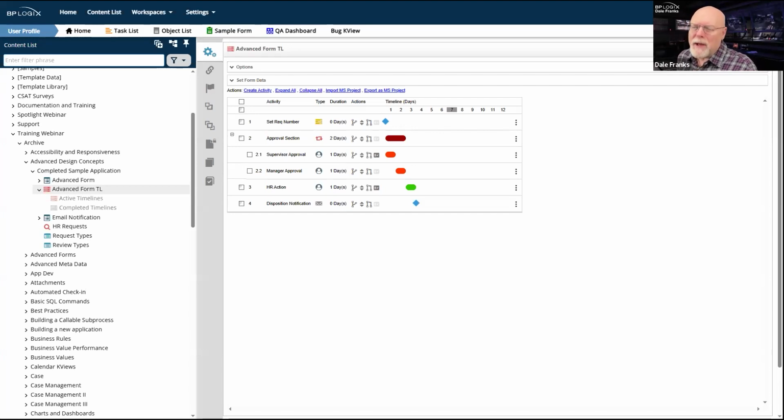The problem is, many times, whenever you are automating a process and building an application to do it, like in this case, this request form that we use in our Advanced Design Concepts series of webinars, you are trying to automate a process that up until now has probably had some sort of manual element to it, a paper element, if you will.